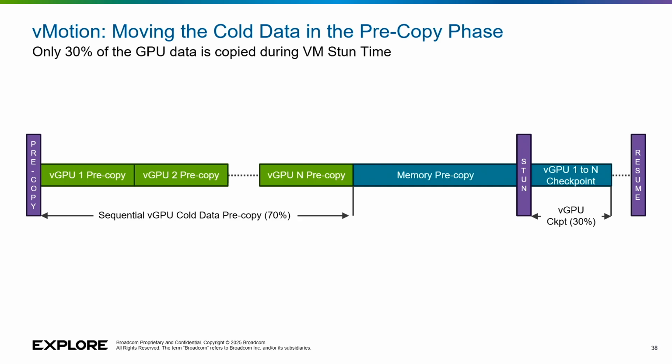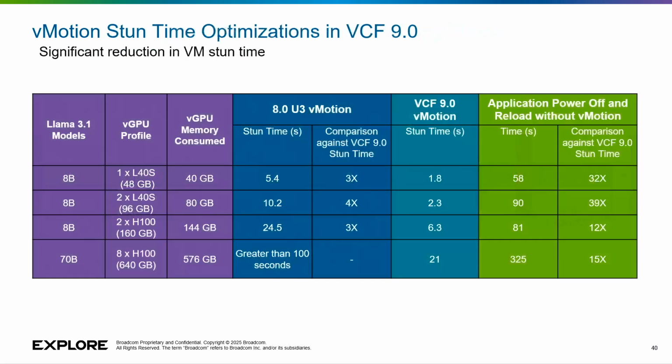So, okay, very technical point here, but what's the benefit of that? The important column here is the comparison against VCF 9.0 stun time, 5 columns from the left there. What's running here is a single VM running a model, Llama 3.1. 8 billion parameters is a small version, and 70 billion parameters is a medium to large version of that model. There are different versions of these models. So this is a single VM running on L40S and on H100 GPUs in the second column here. And you can see in the comparison, we take 3 times less time now in stunning the VM than we did at